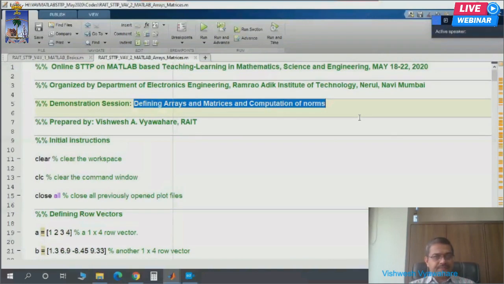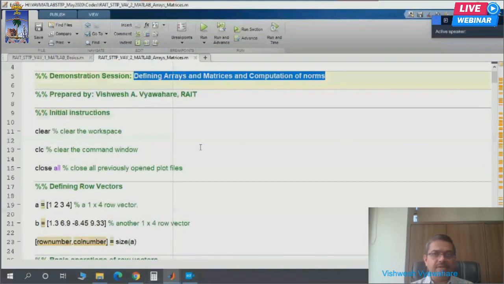Very important, because as I said, MATLAB stands for Matrix Laboratory, and the power of MATLAB is in defining and handling arrays and matrices. That is a very strong point of MATLAB.